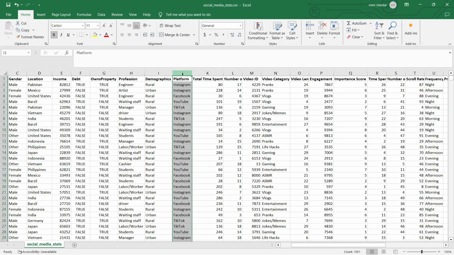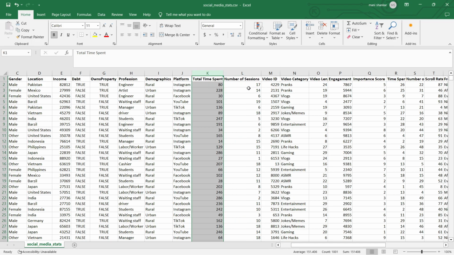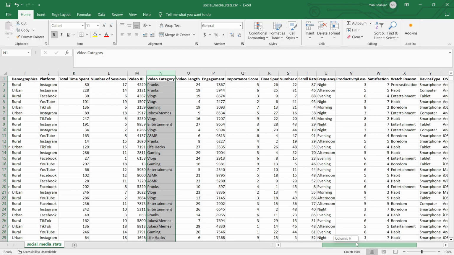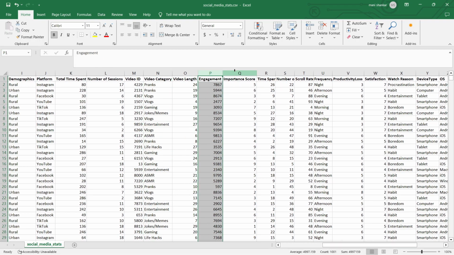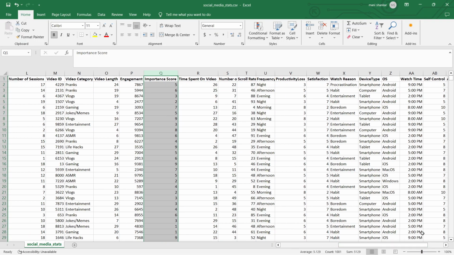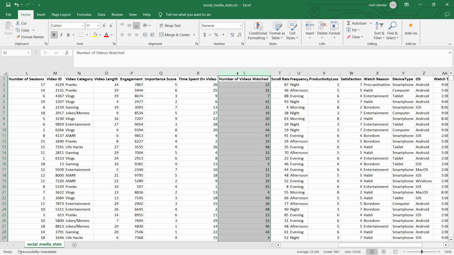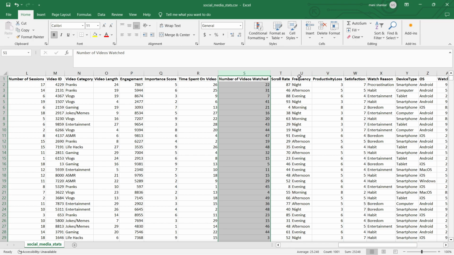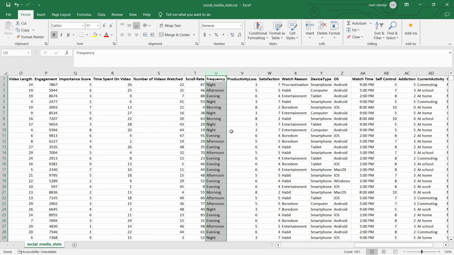This is the platform the user is using, and this is the total time spent by the user, and this is the number of sessions, and this is the video ID, and this is the video category the user is watching, and this is the video length, and this is the engagement rate, and this is the importance score, and this is the time spent on video, and number of videos watched, and the scroll rate, and this is the frequency, whether the user is watching in the morning, afternoon,